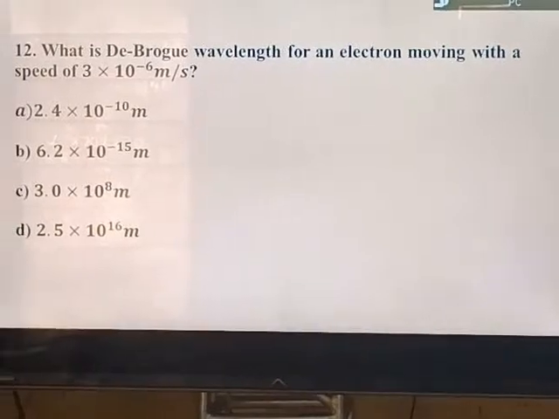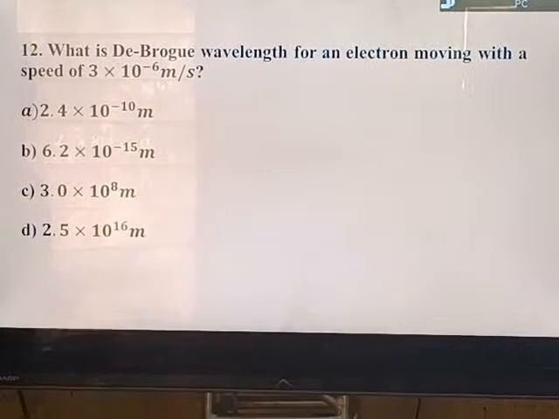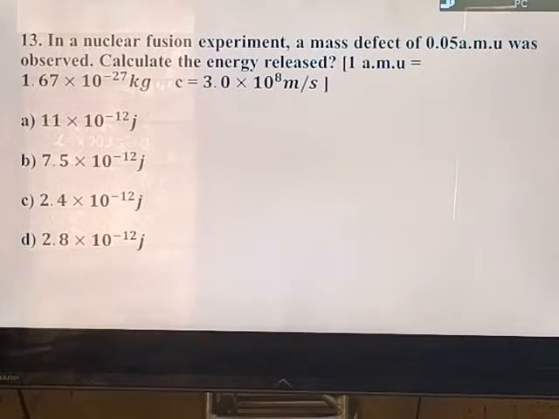Okay, so let's shift our attention to number 12. It says, what is the de Broglie wavelength? Sorry for the typographical mistake. That's the de Broglie, the DE. Broglie should be spelled as B-R-O-G-L-I-E. So what is the de Broglie wavelength for an electron moving with a speed of